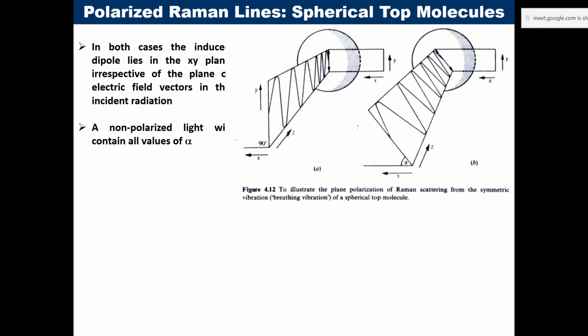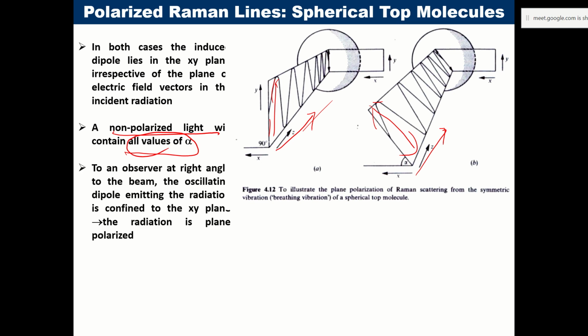So even if you are using non-polarized light, it will contain all orientations. A non-polarized light that we use along Z will have all oscillations, in this plane or in this plane. So along Z it is incident, carrying all values of alpha, but at every point we will have a